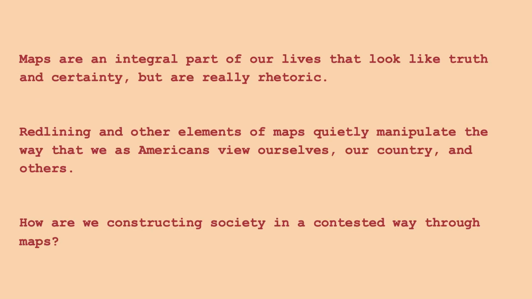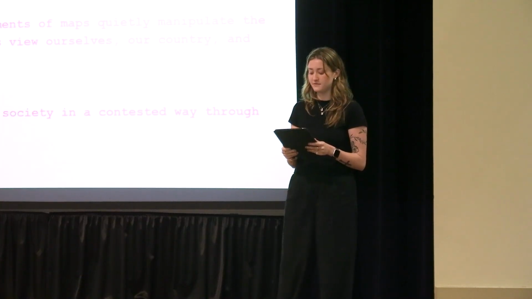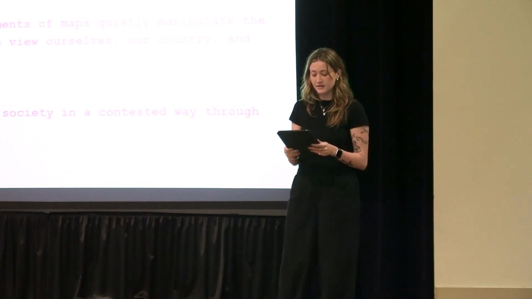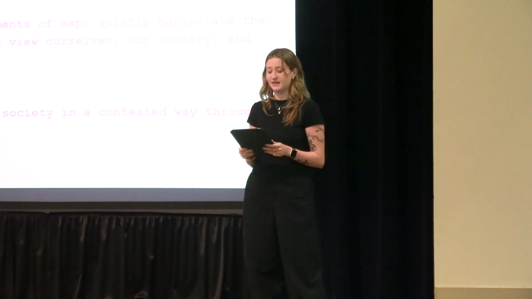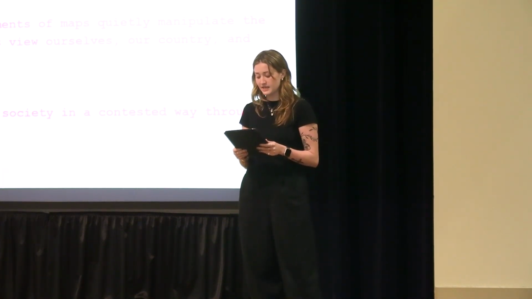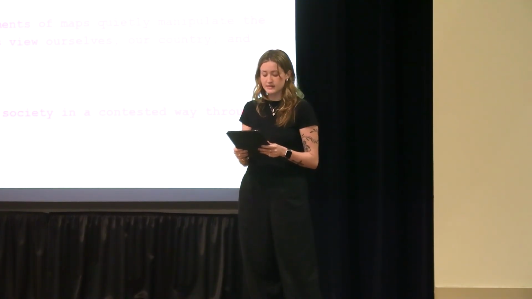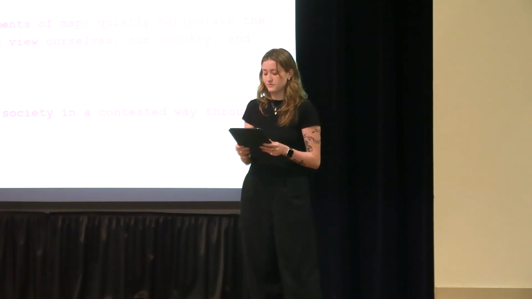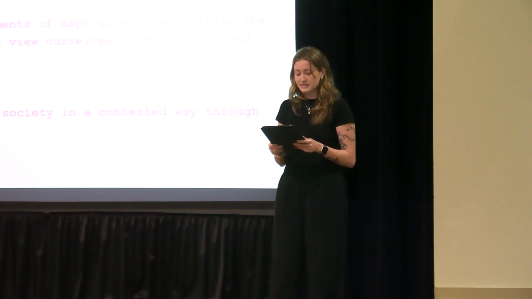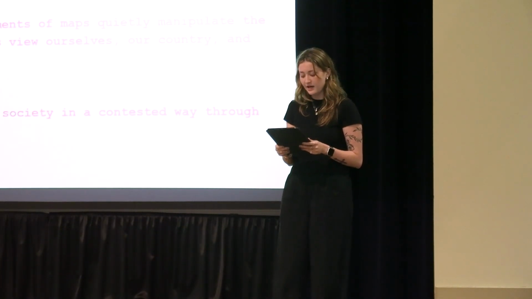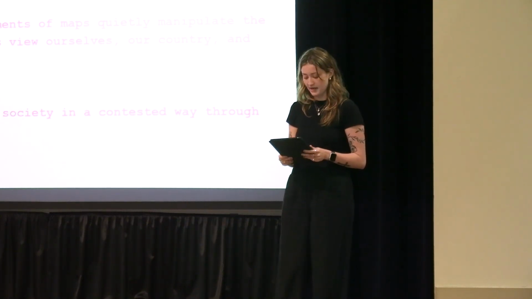So we tend to think about maps as objective. They feel factual, scientific, sometimes even neutral, but in reality, maps are designed objects. As a graphic design major, I've worked on the other side of map making and been able to see firsthand how easy it can be to influence the perception of the people looking at it. Every decision, color, scale, labels, what's included or excluded, it's made by someone. And because of that, maps can act less like mirrors of reality and more like arguments about reality.